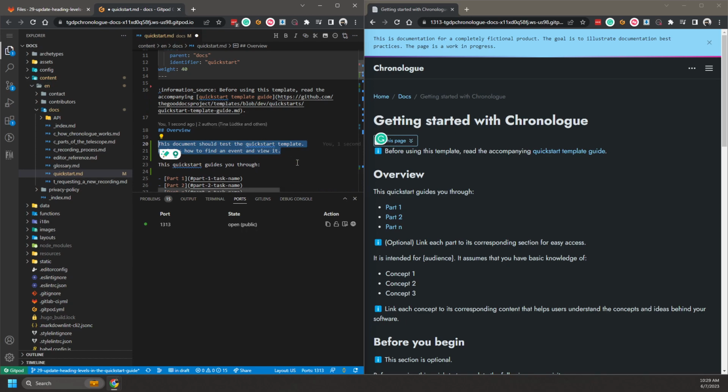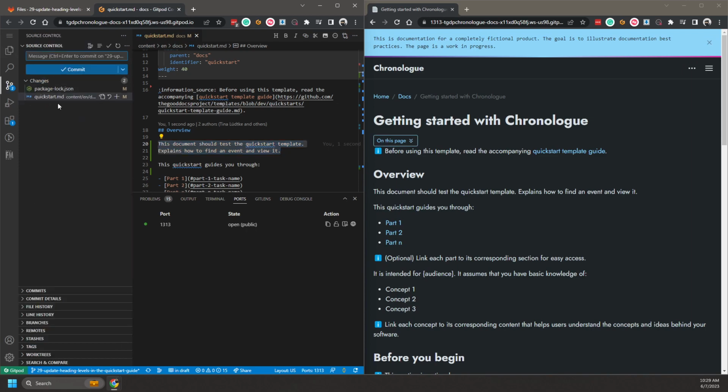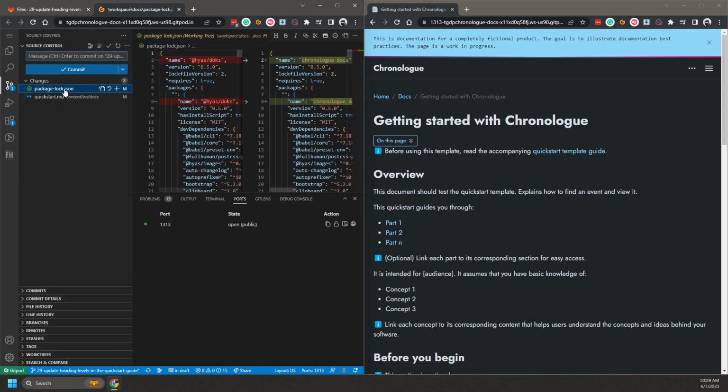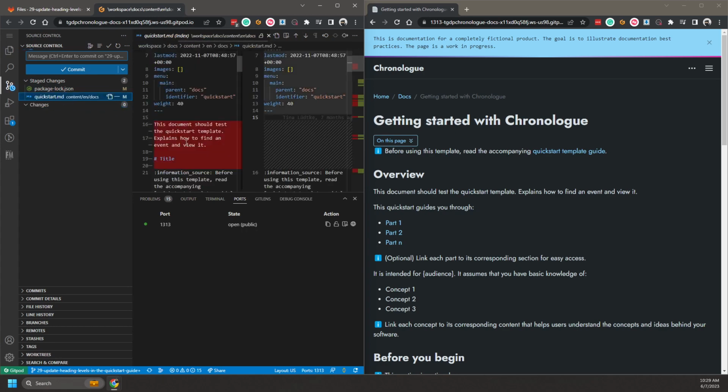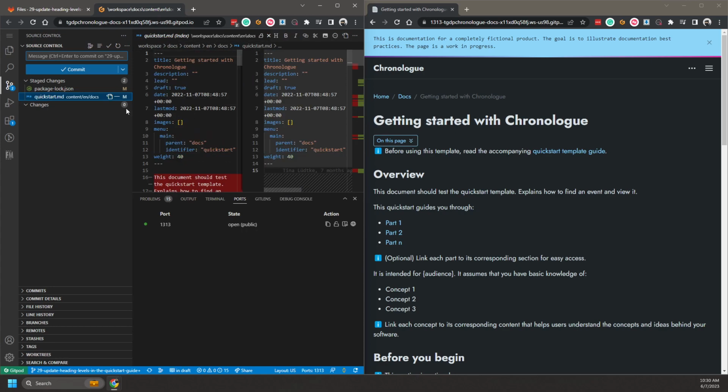All right, I'm going to leave that in there. I'll save it again, throws that text back in. And now I have some changes. I've got an update to package JSON. That's good. I actually want to do that. I didn't do that last time, so we'll stage that. And then really this is just something here, the quick start. We can click on that, check it out, see the changes we made all the way through the document, which is nice. I'll go ahead and stage that, and I'm just going to say